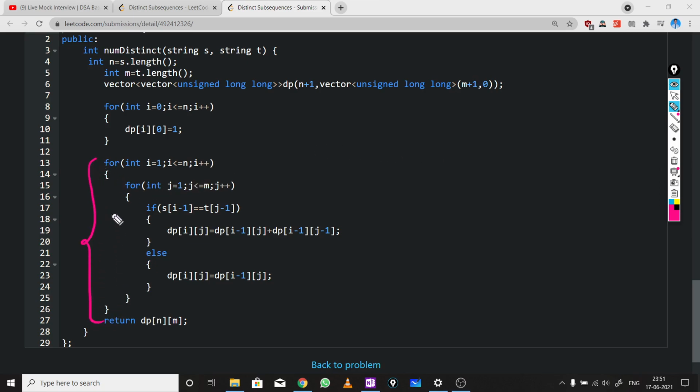In the main part we start the for loop from i equal to 1, and j also starts from 1. In this case we have two options if both characters are equal: either we include or we exclude that character in the resultant string. And if the characters are not equal, we can ignore the character in the string s, because